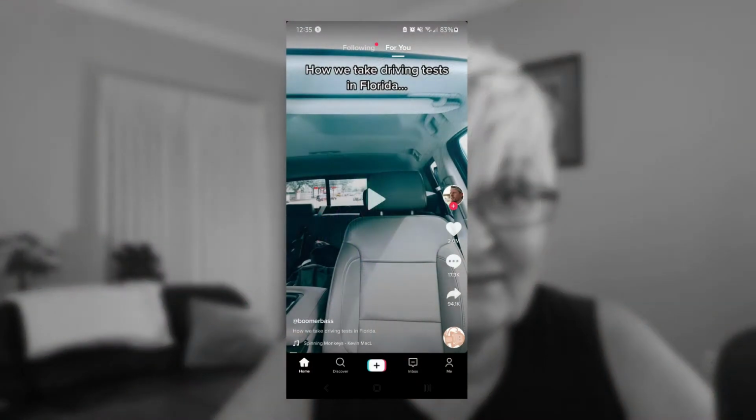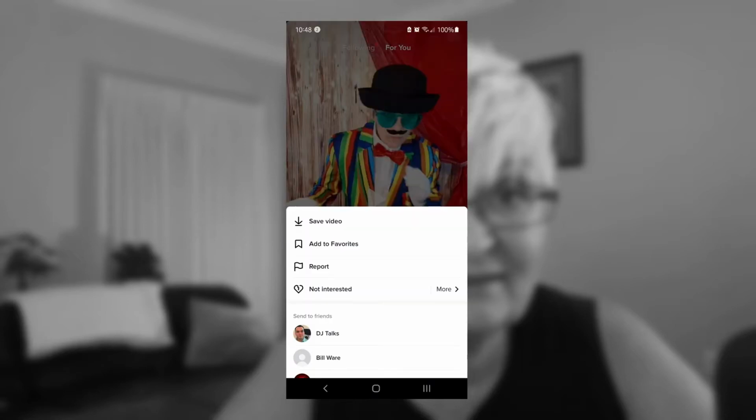So let's start by taking a look at TikTok. And we start on the home screen. The TikTok starts to play right away, but just by clicking on the screen you can pause it. If you have a long press, the following alternatives show up. You can add to favorites, you can report a TikTok, you can let TikTok know that you are not interested, and there is a little more where you can hide this user or hide this sound.